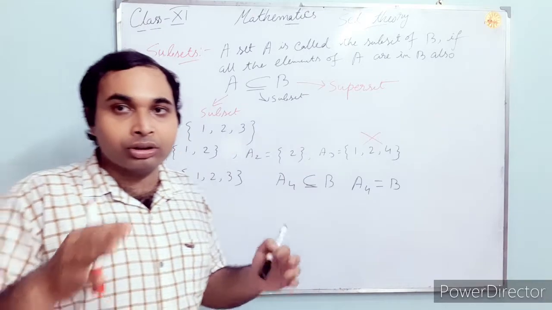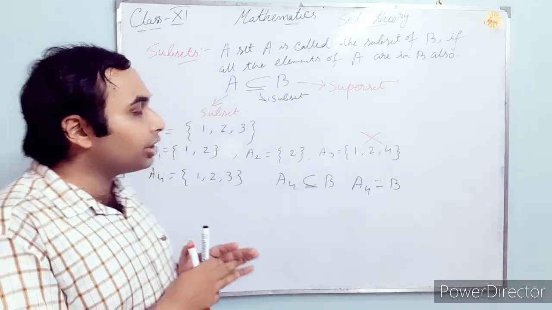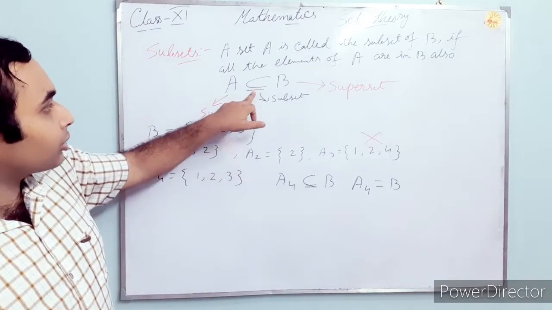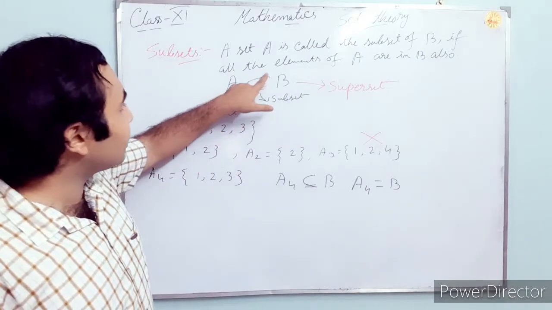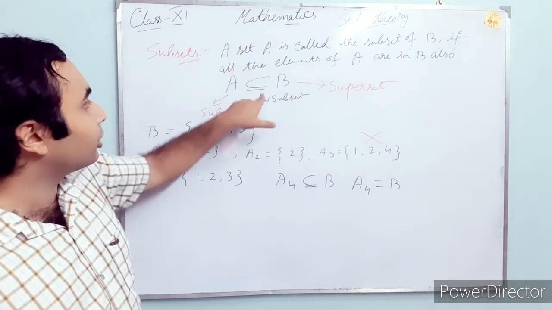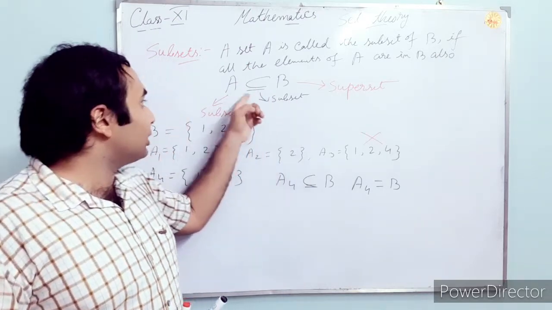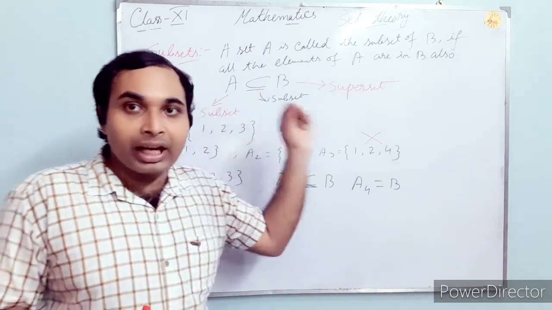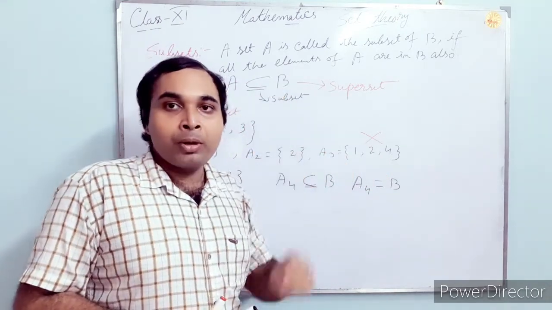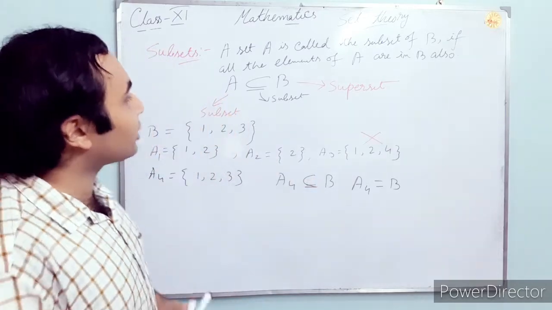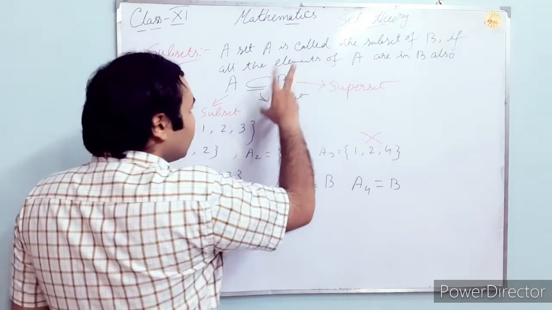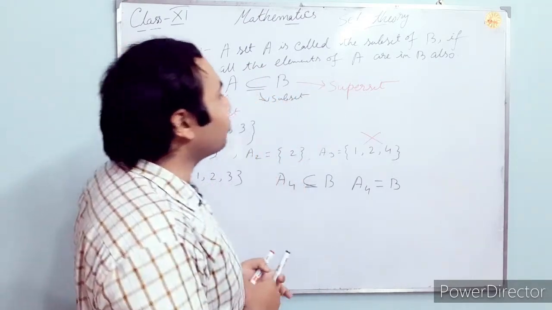Whenever all the elements are equal in those two sets, then we can say those are equal sets. So that's why this sign is there. This is the sign of the subset and this is the equal to sign. Those two have been mixed and formed this sign. So A is a subset of B, and there is a possibility that A can be equal to B also. But what is the proper subset? Those are called the improper subsets. If this sign is there, then it is called the improper subset.